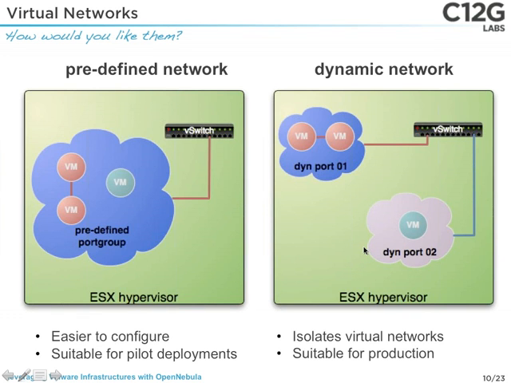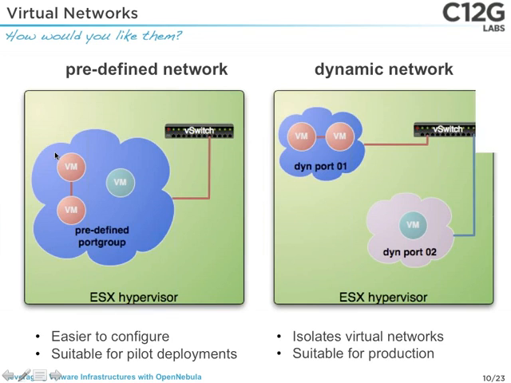Okay, moving on to virtual networks, and how you can manage your virtual networks in your infrastructure using OpenNebula. We see that we have two choices here. We can either use the predefined port groups, so all the machines will live in the same port group in the ESX hypervisor. So this is very easy to configure, and it's just suitable for pilot deployments because different VMs